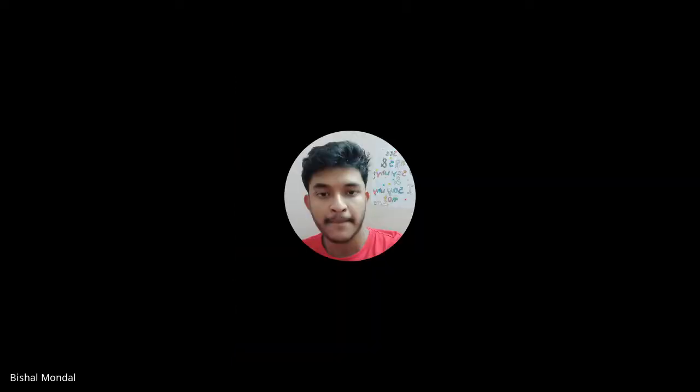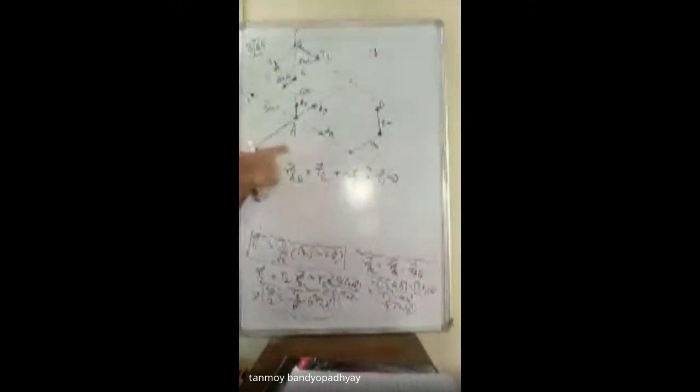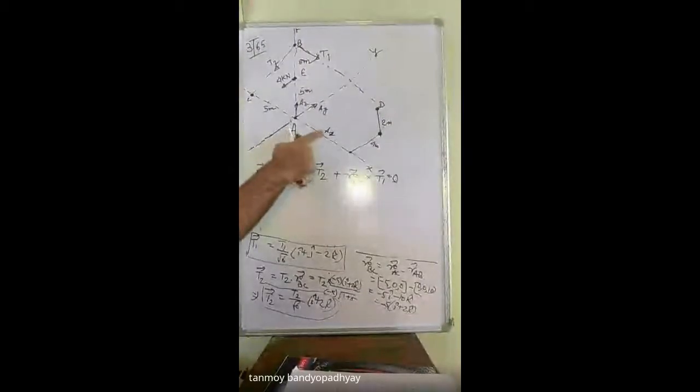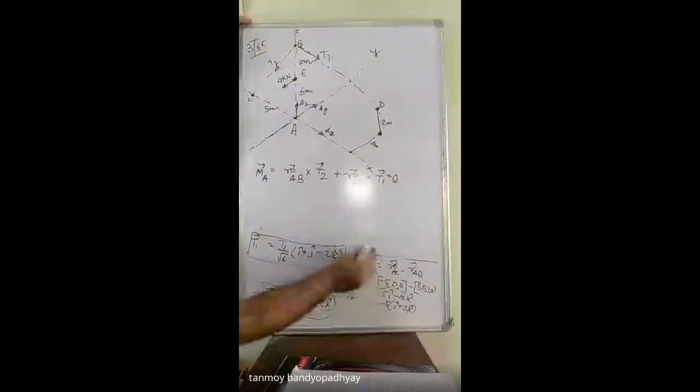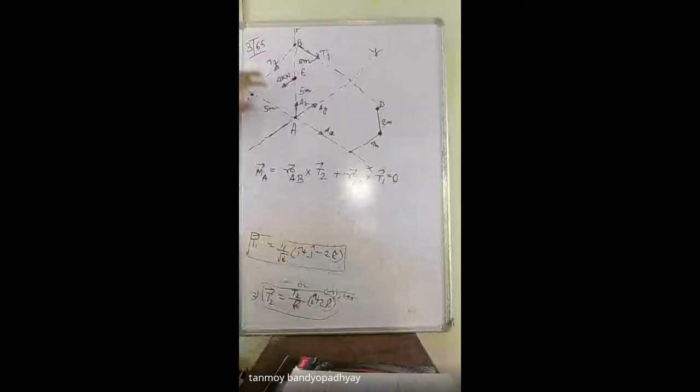Yes sir. So now see, we have two unknowns here, T1 and T2. But if I only write the force equation, already 3 equations are coming inside, so I should be having ax, ay, az, and these things are unknowns, so I will be having many unknowns. So we cannot do it with the force equation. If I write a moment equation at the point A, that moment equation will be cancelling out the effects of ax, ay and az, so that is why I have written this moment at A.